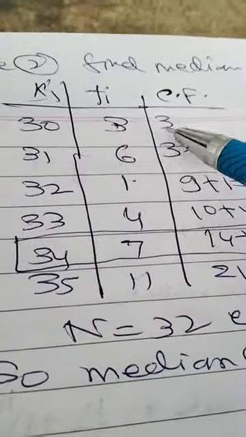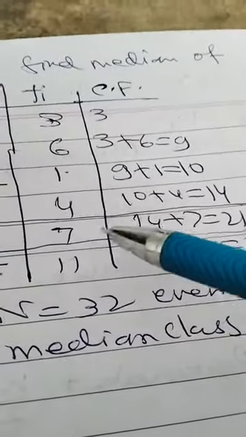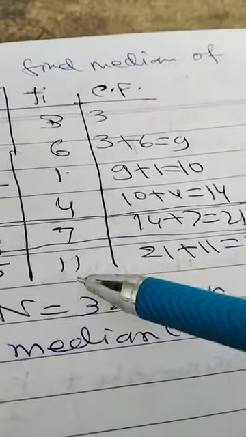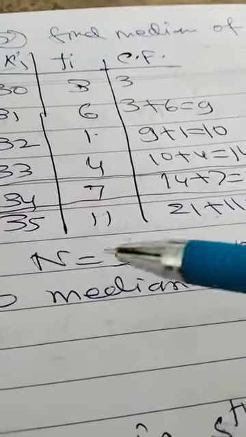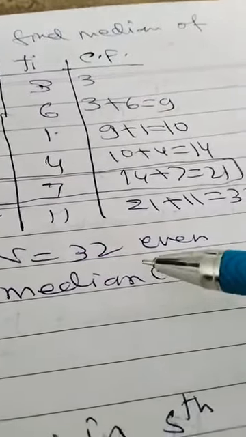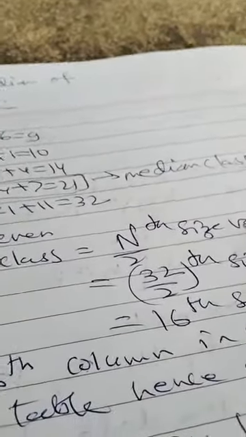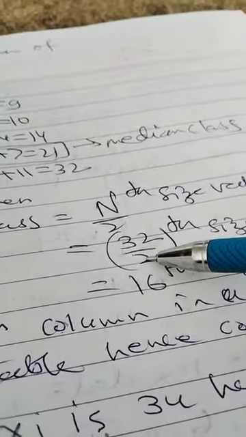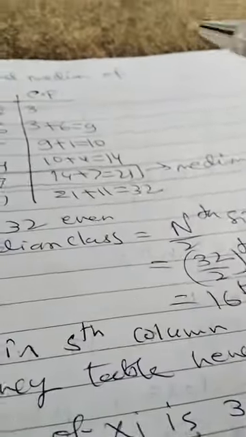That is 3. 3 plus 6 is 9. 9 plus 1 is 10. 10 plus 4 is 14. 14 plus 7 is 21. 21 plus 11 is equal to 32. So the total frequency, capital N, is 32, which is even. So the median class is the n by 2 size value. Now n is 32, so 32 by 2 is the 16th size value, and the 16